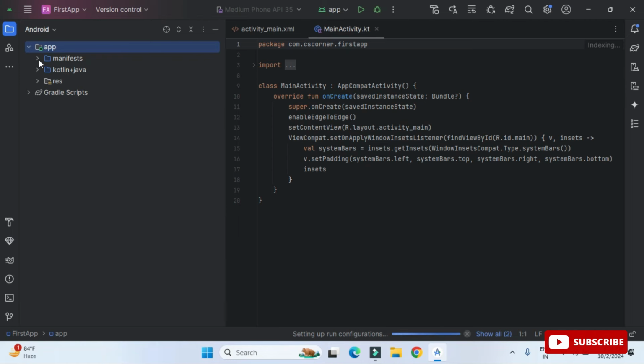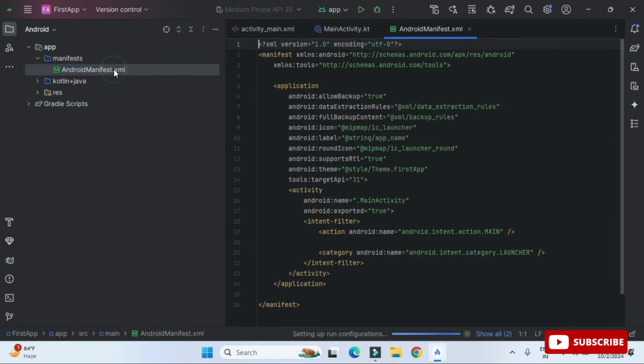After that we have the manifest file, which is an XML file. You can expand and see the XML, where your application information will be. And under the Java folder we will have the KT file. Whatever is your logic or source code, that is going to be in the KT file.